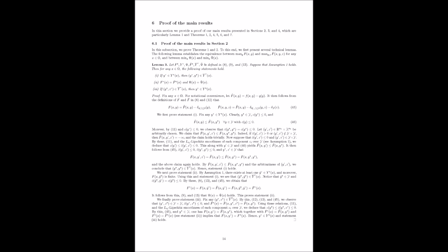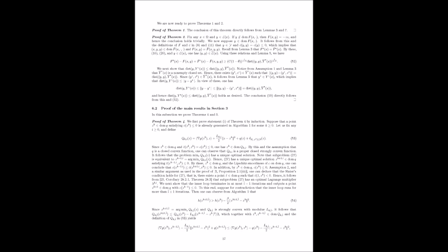Okay, let's nail down the core functions and sets using their notation from 6 through 9. Right, so X is the domain of p, Y is the domain of q. We assume Y is compact, which is important. D_Y is the diameter of Y. M_Q is related to the bounded variation of q on Y. And S is the feasible set for the inner maximization. Yes, S is the intersection of Y, the domain of q, and the set {y : c(x,y) ≤ 0}. So y has to be in the domain of q and satisfy the explicit constraints.